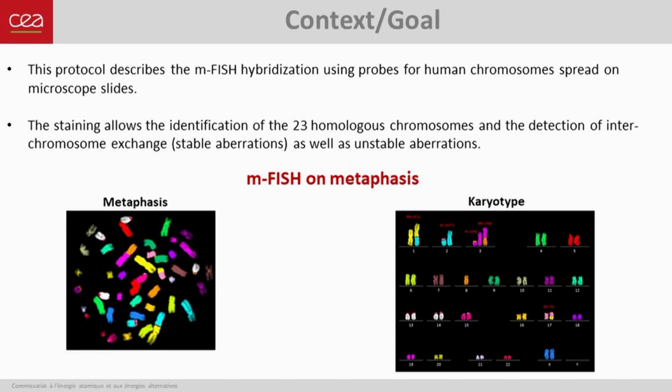After the chromosome preparation by the different methods and the spreading on slides, DNA has to be stained for further acquisition using a fluorescent microscope in order to allow for the different chromosome observation. The M-FISH staining consists in labeling DNA using probes specifically recognizing each chromosome sequence. Therefore, it allows for the visualization of interchromosomal rearrangements such as translocation and unstable aberrations like dicentric chromosomes.